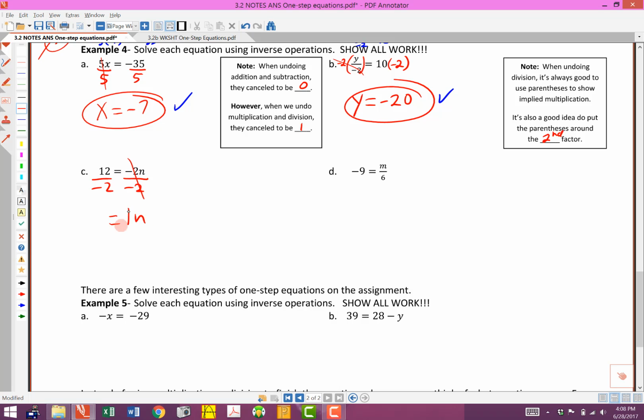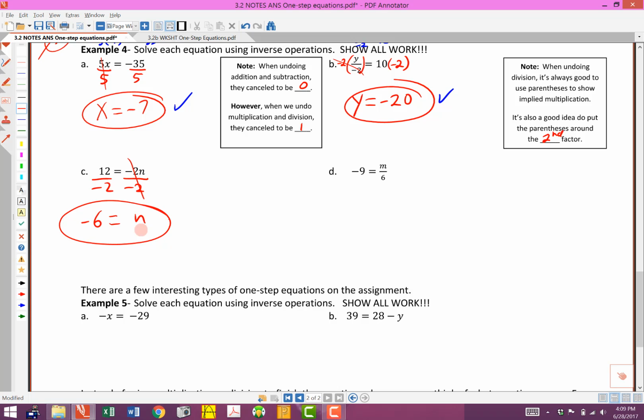I could write that if I wanted to. We normally don't. And then I've got a positive 12 divided by negative 2, so that's going to be a negative 6. So the answer on that one's negative 6. Again, plug it back in if you'd like, but that will make the equation true. And again, you'll notice that it doesn't matter if I've got this on the left side or the right side. So I can say n equals negative 6 or negative 6 equals n, doesn't matter. A lot of times it's good to read from the variable, but it doesn't matter if it's on the left